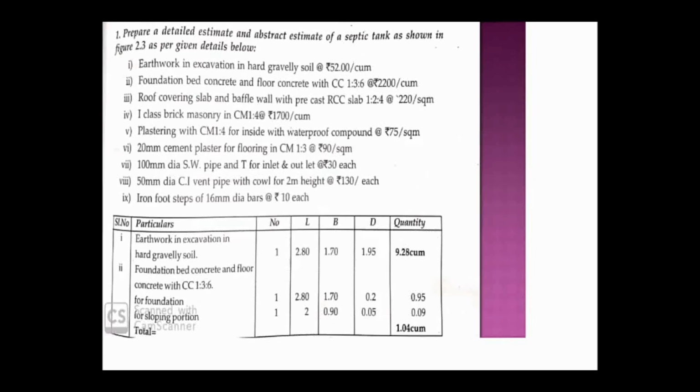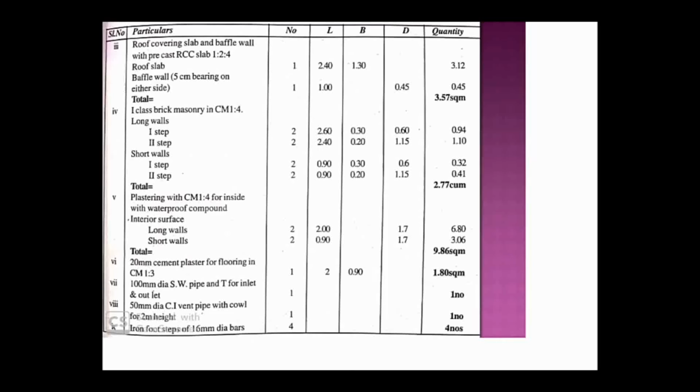So the same way you have to do it here, the only difference is the length, that is we are not going to consider the outer to outer length. Here inside to inside we have to consider, because it will overlap at the corners if I consider outer to outer for both the walls. So here only inside to inside, that is 0.9, right, for the first step as well as the second step.